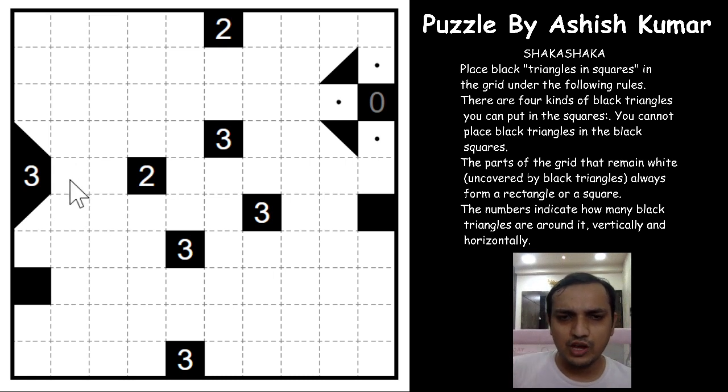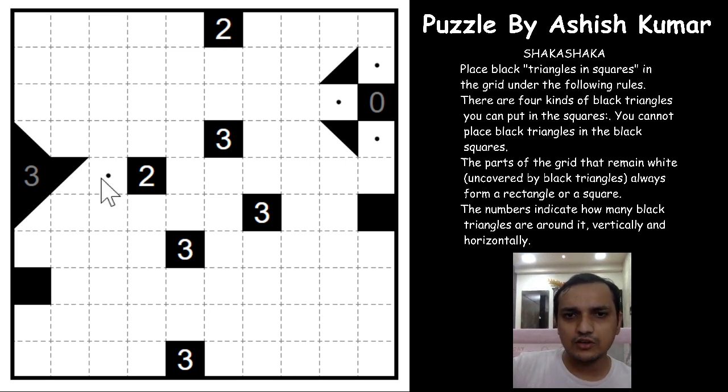So if you have any such cases where there are two shaded cells, 1 and 2, and in between you have two white cells, both of these will either be shaded or unshaded. So what happens if I shade this and unshade this? There is an area which is neither a triangle nor a rectangle nor a square, and you have some other shape which is formed. So that is not possible. So either both will be shaded or both have to be unshaded. So for the 3, this has to be shaded, so this is also shaded for the 2.